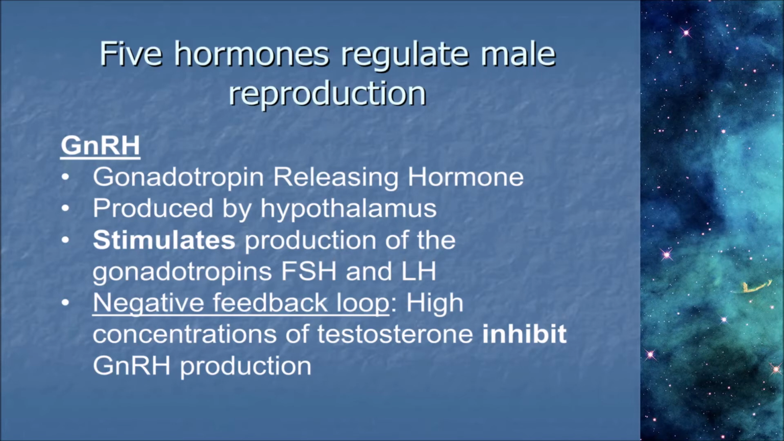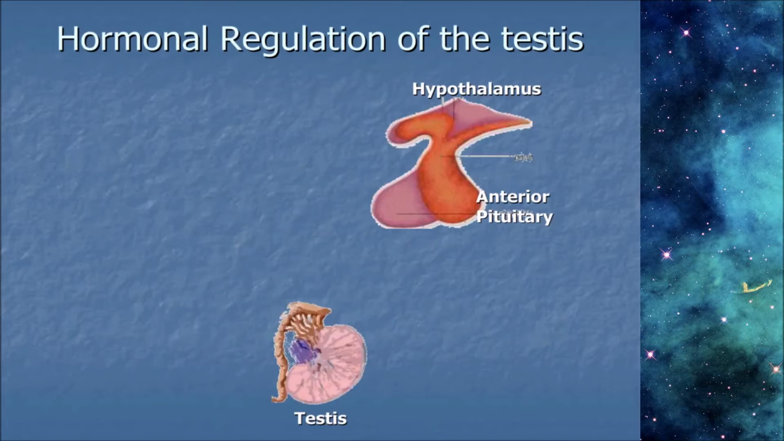GnRH stands for gonadotropin-releasing hormone, and it's produced by the hypothalamus. GnRH stimulates the production of the gonadotropins FSH and LH from the anterior pituitary, and it does this through a negative feedback loop. Basically, high concentrations of testosterone, which were stimulated by LH, will turn off GnRH production and also FSH and LH production. So now that we've learned about the 5 different hormones that regulate the male reproductive tract,